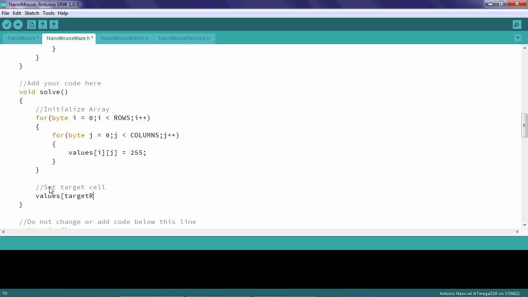target row and target column equal to 0. Once I've added this line of code, I should be able to plug in an Arduino,